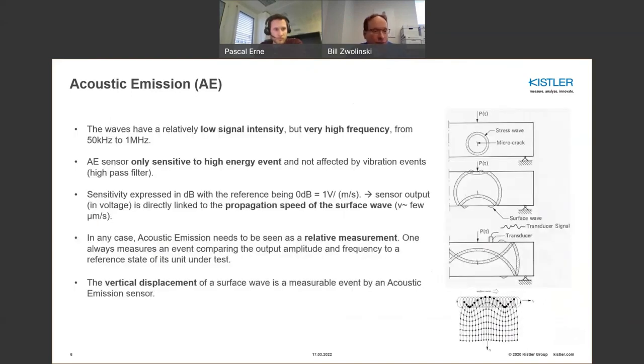Again, the surface acoustic wave is a very low intensity wave, but it's a very high frequency. So it's 50 kilohertz to 1 megahertz. So it's not in the audible range. You're not listening to an acoustic emission signal. It's really the measurand is vibration insensitive, which really gives a powerful advantage in a high vibratory environment where a lot